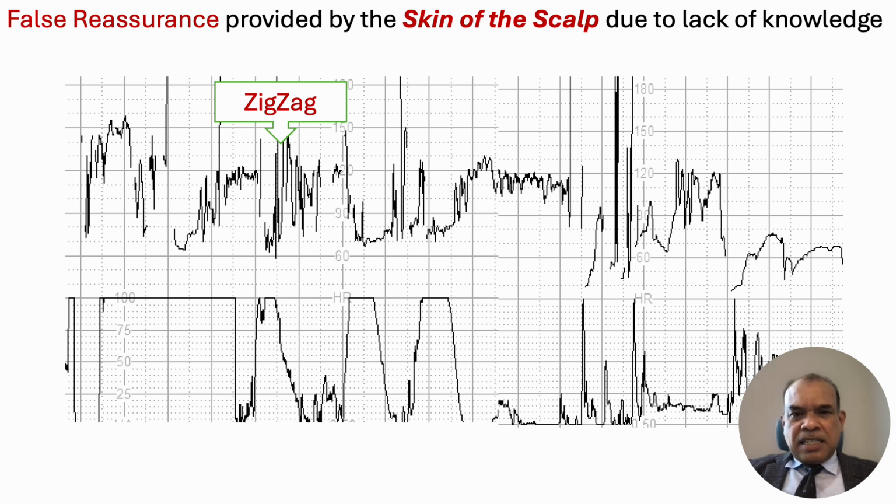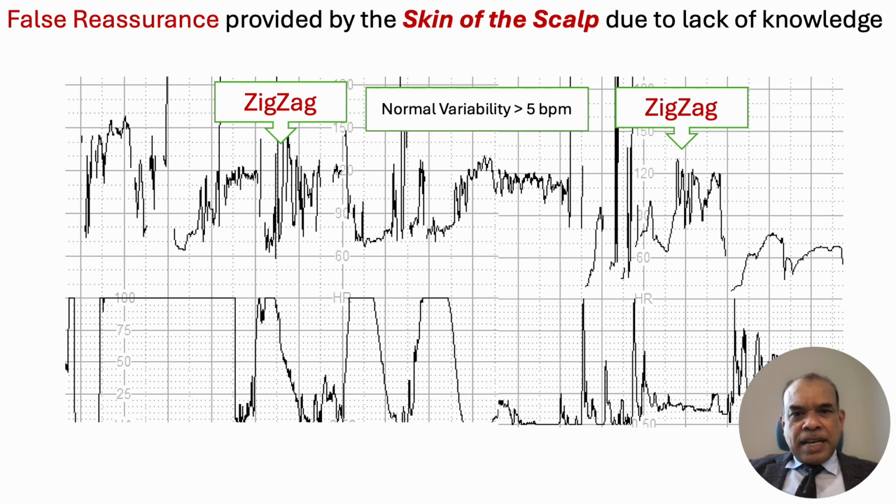And once we get a ZigZag pattern, we know that there is autonomic instability. It's the brain that is getting affected. And we have published on the ZigZag pattern to show there's an 11-fold increase in neonatal admission. But because of the UK guideline until 2017, for some reason,